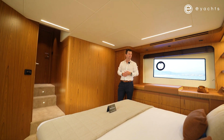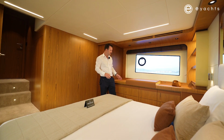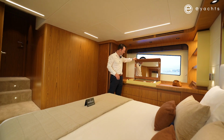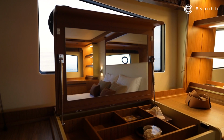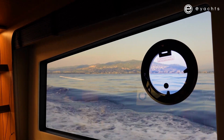It's a perfect position. There are quite a few different layout options in here and how we utilise this space. The way this boat has been used, we've got a beautiful vanity unit there, large mirror, all little spaces here for all your bits and bobs and jewelries and makeup. This will be a lovely place to prepare for a night out while also looking out into the yonder of